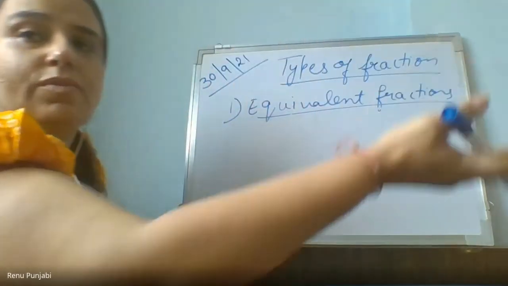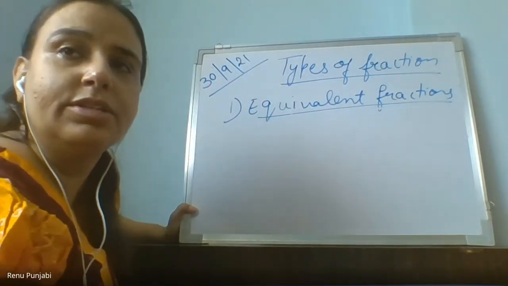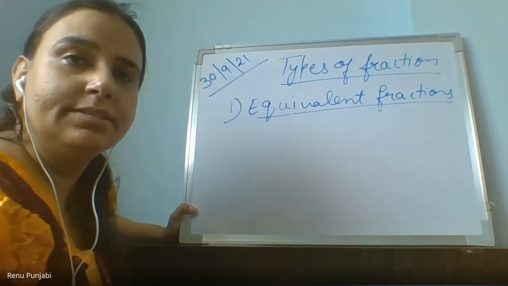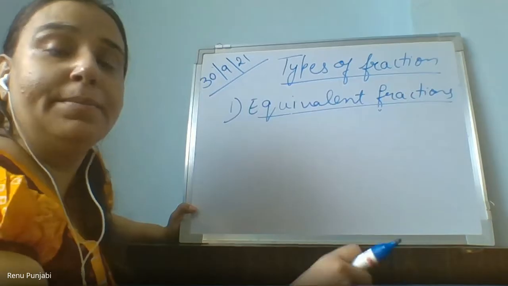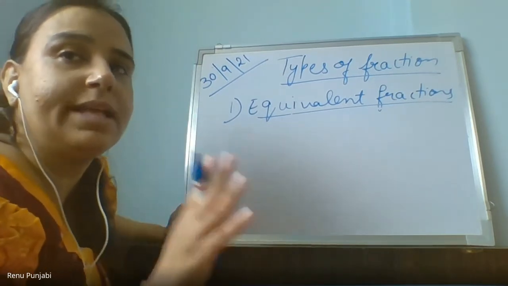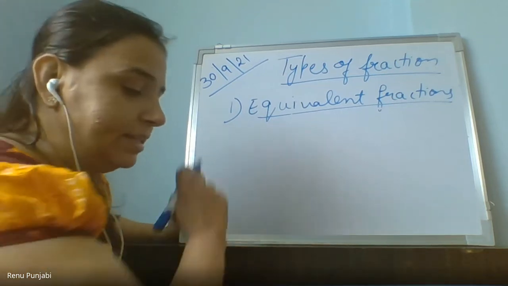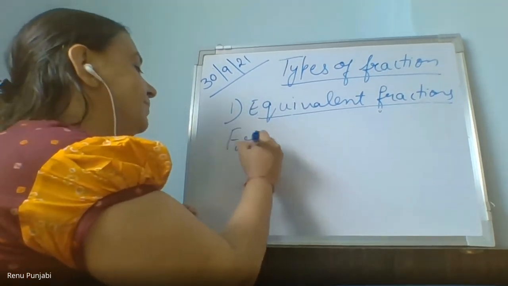Yes, ma'am. And ma'am, we can multiply with a 2-digit number also. Yes, as many numbers as you want to get. But if I say the first 3 equivalents, this way you can do it, right? Now remember, the numerator and denominator should be multiplied with the same number, then only you will get the equivalent fraction. Okay. Now, write the definition: